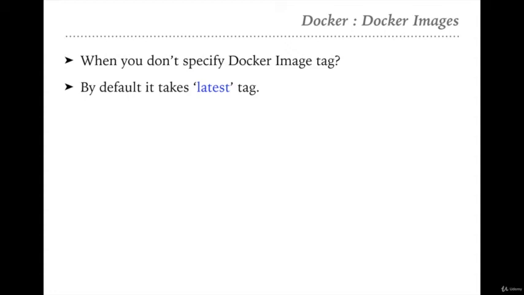Now we need to understand the consequences if we are not defining the tag. In the previous lecture, we discussed the Docker image layers. Now suppose you are working on an application and you are creating the Docker image of your application, and your application is using Ubuntu Debian base system as a base image.